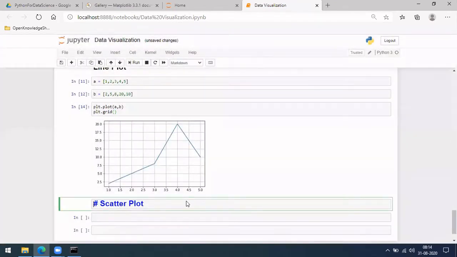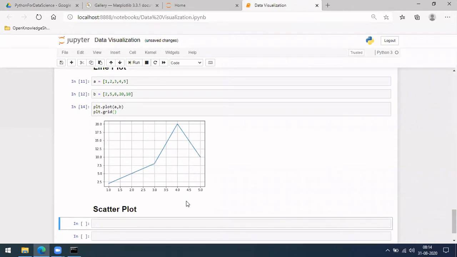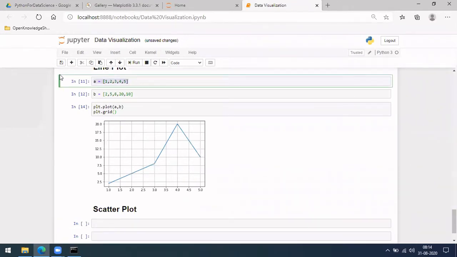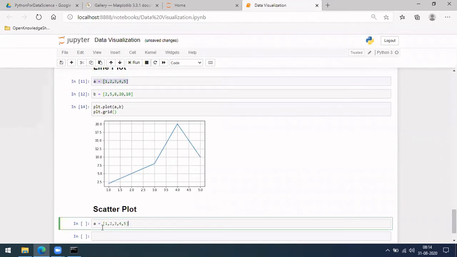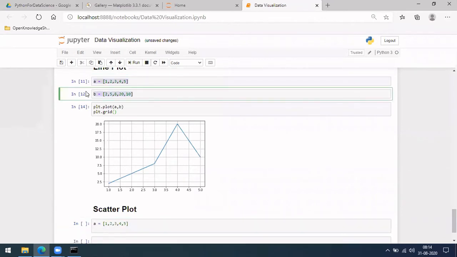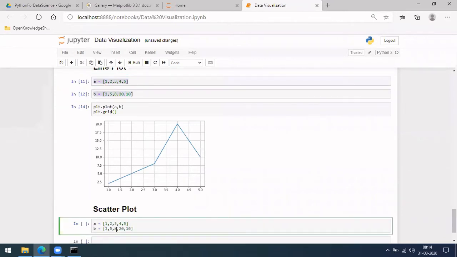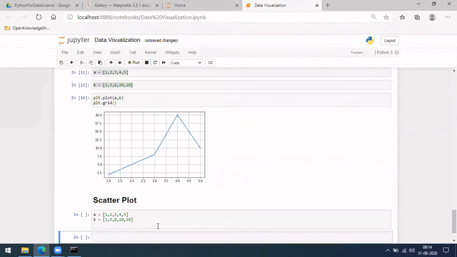So let us also do it for the same. Let me copy A and B here as well.